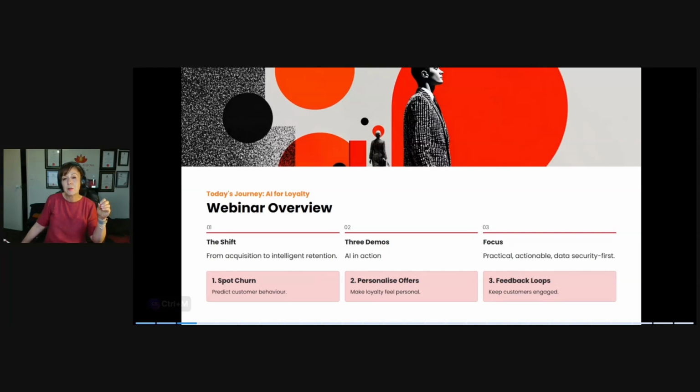The second is around personalization, which AI is really good at in using your customer data in a safe and ethical way to,